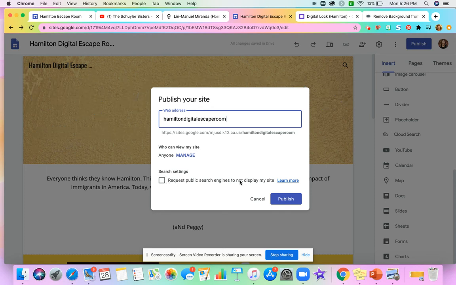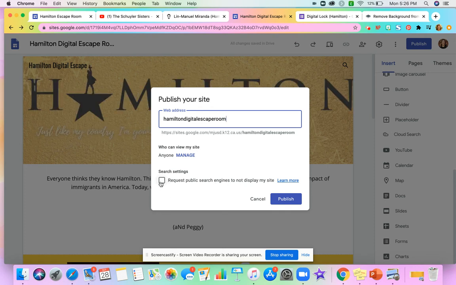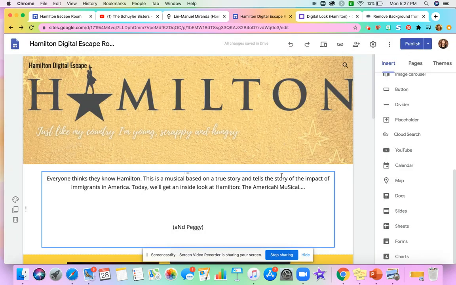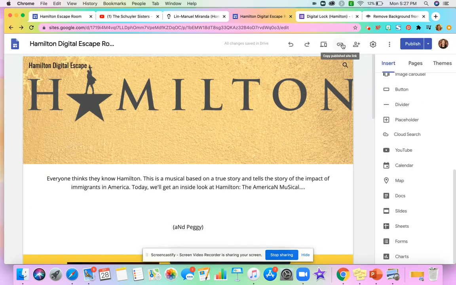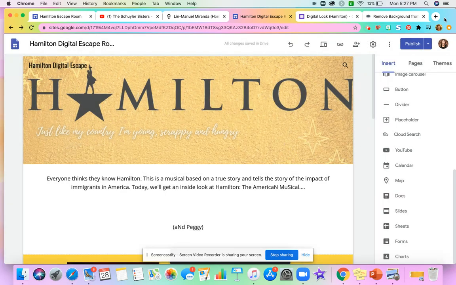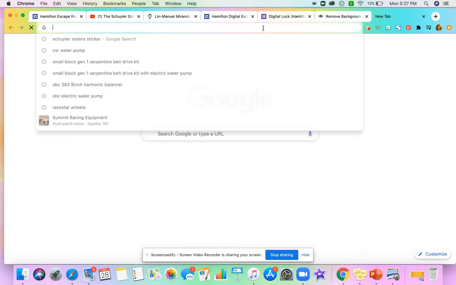You can have public search engines not display your site, which is good for school things, especially if you have pictures of kids. And then click publish, because you can make this school themed, like with your staff, and then have a really cool, like I could make a whole Yuba Gardens intermediate school escape room, all with staff trivia. So now it's published, and you can copy the published site link, copy the link, and then